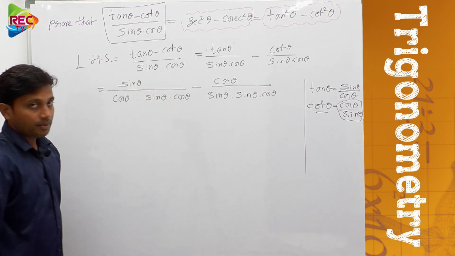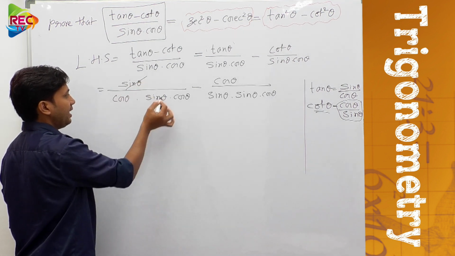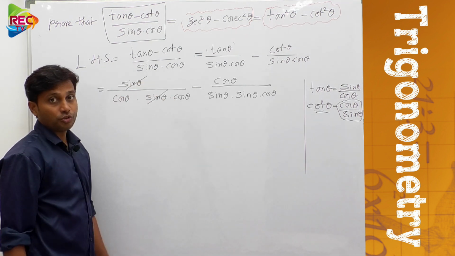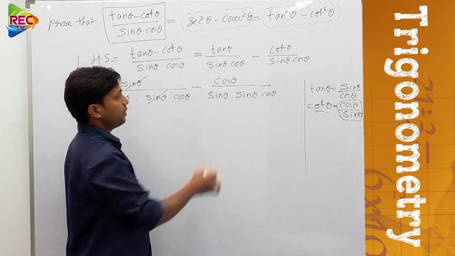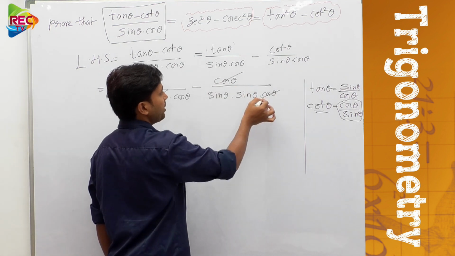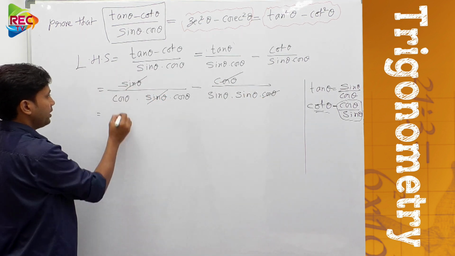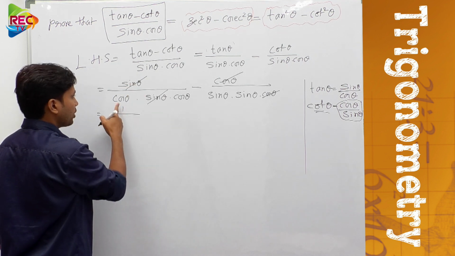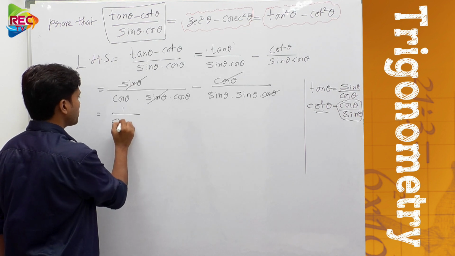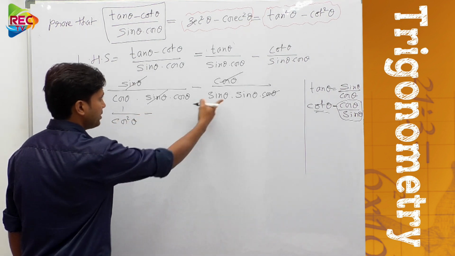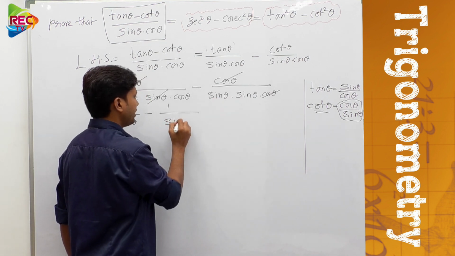If you observe, in this fraction there exist sin theta and sin theta in both the numerator and denominator part, so we can cancel them. Now here also in the numerator and denominator we can cancel cos theta. So what remains? Here 1 by cos theta into cos theta, multiplied 2 times. Therefore it is 1 by cos square theta minus here 1 by sin theta into sin theta will be 1 by sin square theta.